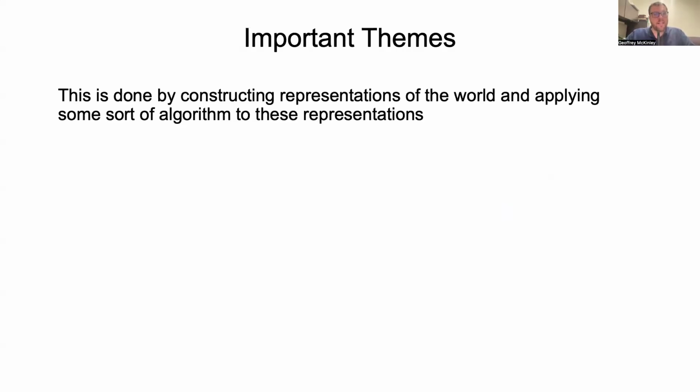So if I say the word dog, that word dog, that representation dog, it represents the external thing in the world that is a dog, right? And so processing information involves constructing representations and then applying some sort of algorithm to these representations